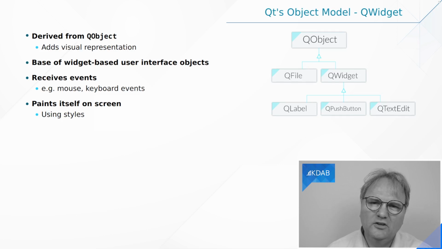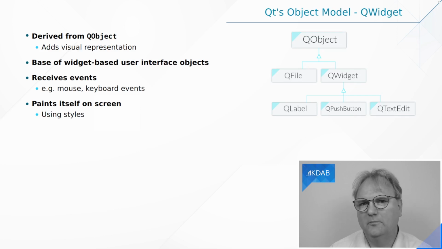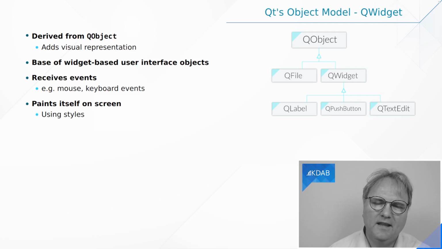So what does QWidget itself do? What does that class do? Well, it has a number of virtual methods. It acts on the events that come in through the event queue, as we saw in the very first episode. In there, it will act on events like mouse events and key events, so mouse press and mouse release and so on. We'll see that in a few episodes when we talk about event handling. It will also act on another event, one that is called paint event, and that is how a widget gets a chance to paint itself.